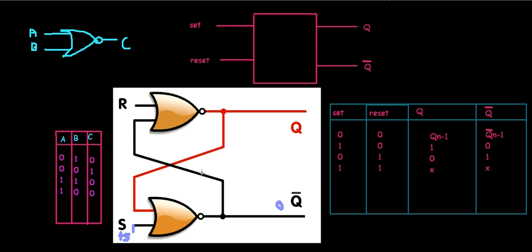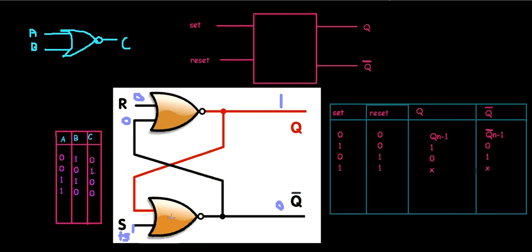Now this output is also an input to this NOR gate, so this 0 goes here, and this reset is also 0 initially. We don't have any input here, only we are applying high 5 volt to this set. So these both are 0, so 0 and 0 are 0. When both are 0, what is the output? 1. So this is 1. So it's done. You have 1 at the output.